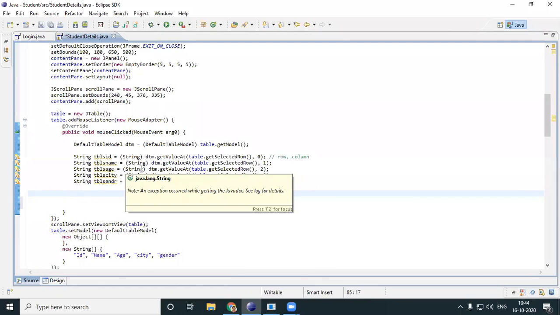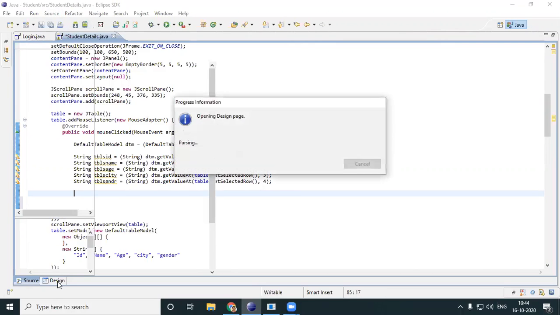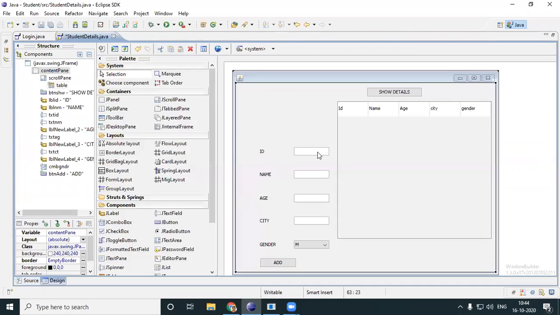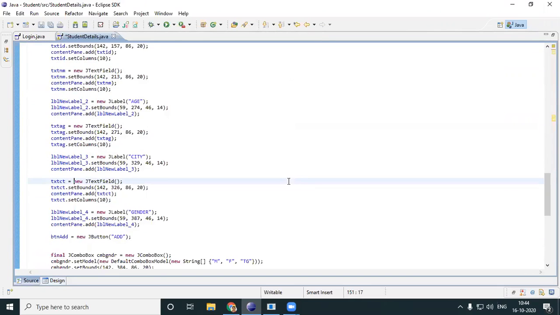Now all I want to do is put it into my corresponding text boxes. So before that, I'll have to check my text box's names. Text ID, text NM, text age, text CT. Okay, so we'll put everything.